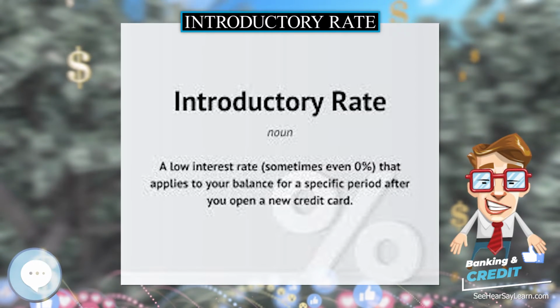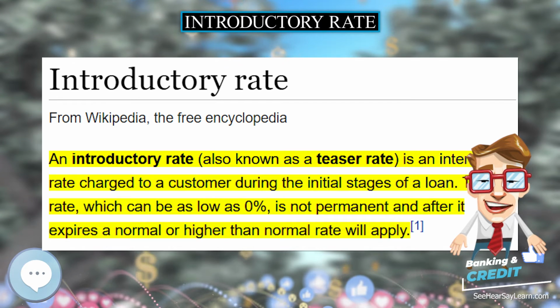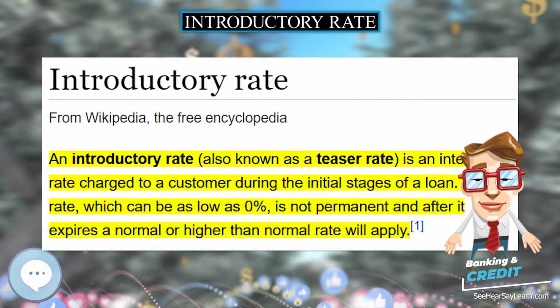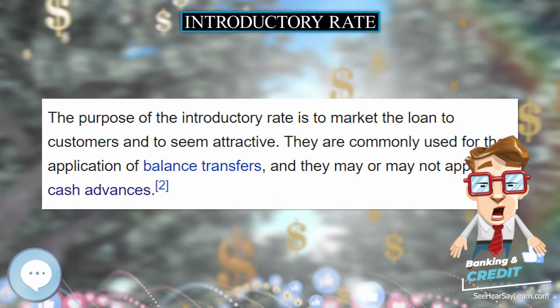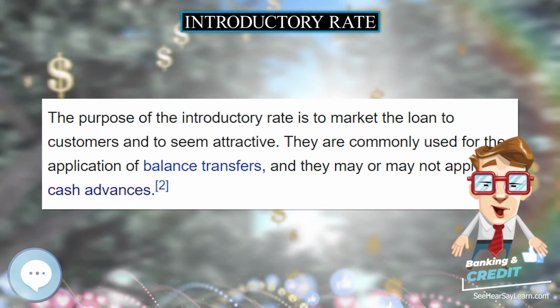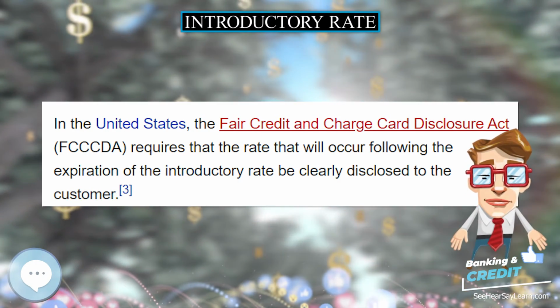In a competitive market, many companies will compete with each other for the lower teaser rate. Typically, the teaser rate is 0%. The teaser rate is only temporary. After its expiration, the rate increases to a normal or much higher than normal rate, and in some cases, the borrower cannot keep up with making payments.